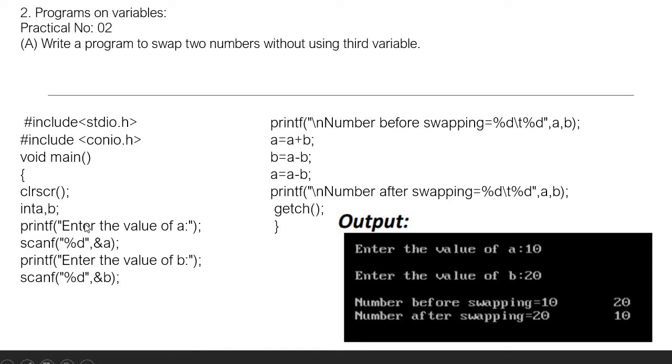Over here printf statement. This statement will print as it is. You can see over here within the output part, enter the value for A. And with the help of scanf function, user will enter the value for A variable as well as for B variable. Once they enter the value, we want to process it. Now, this is my processing part. This statement will print as it is, that is a number before swapping. We want to print A and B variable value which are entered by user. So you can see over here these values which are entered by user.